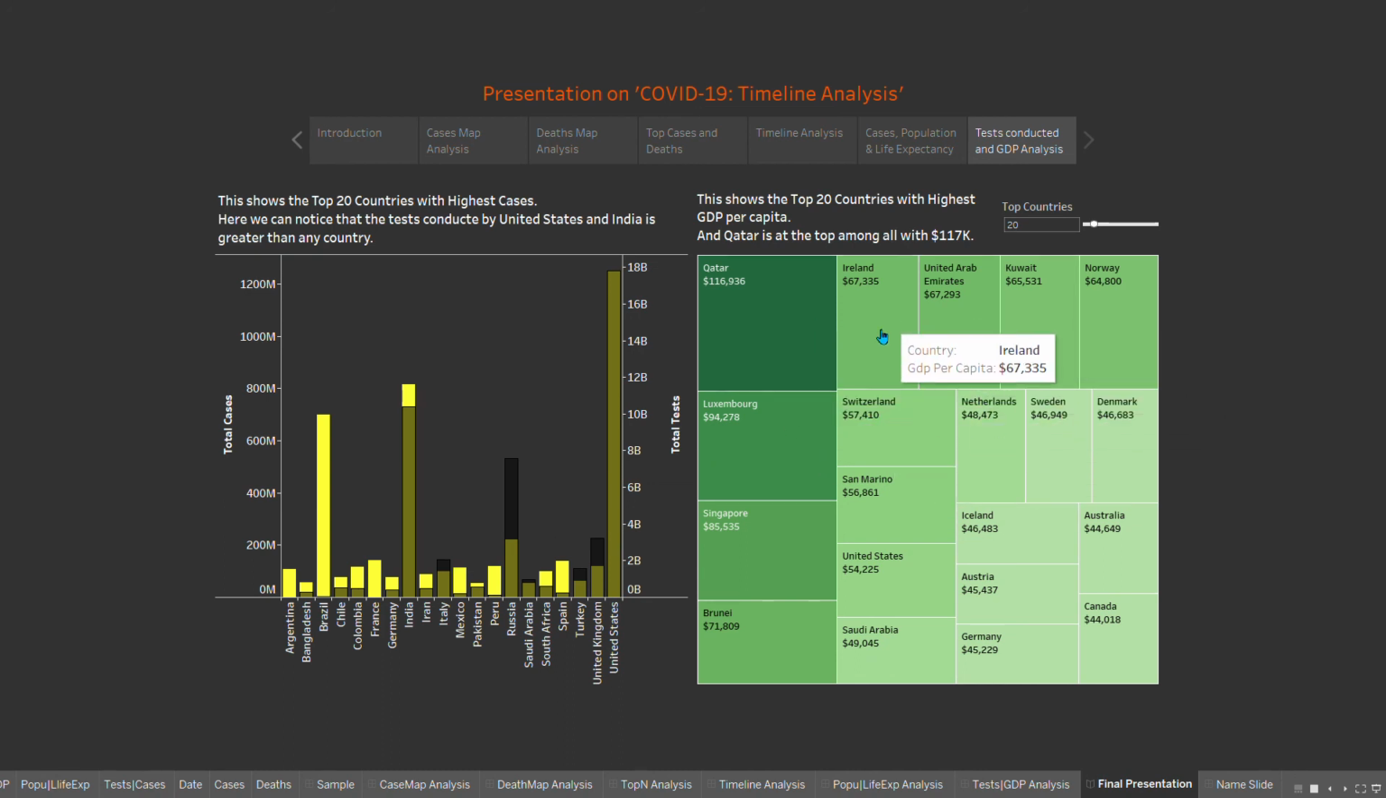And on the right we can see the tree map. In this tree map the area of each block is proportional to the GDP of that country. Here we can see different countries: Qatar, Ireland, Luxembourg, etc. Right now we can see the top 20 countries with the most GDP. Now if I take it back,